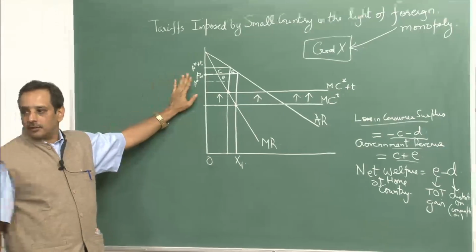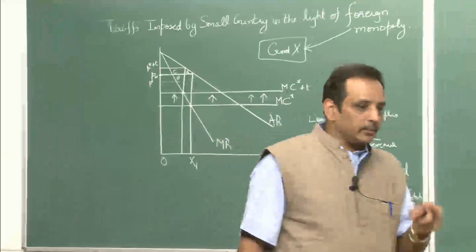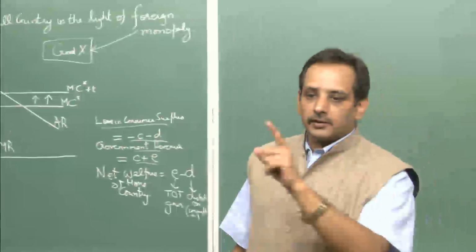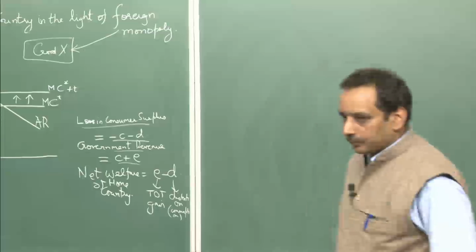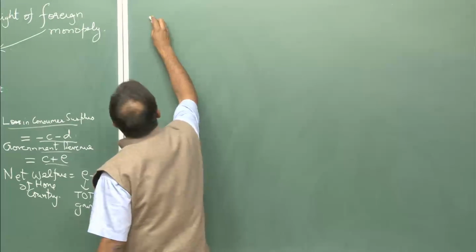by the large country. When tariffs were imposed by the large country, the terms of trade worked out to be E minus B plus T. Okay, now let's go to